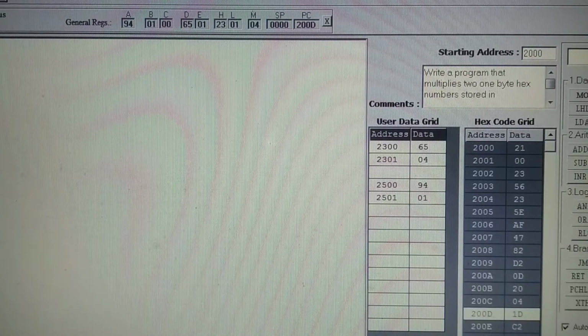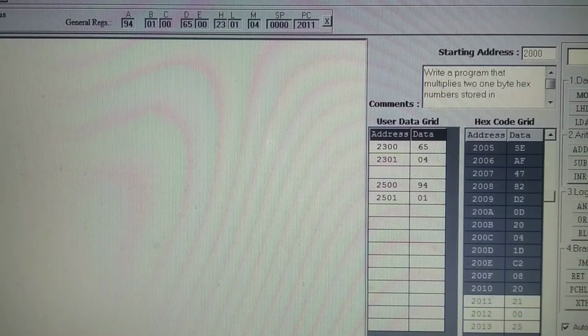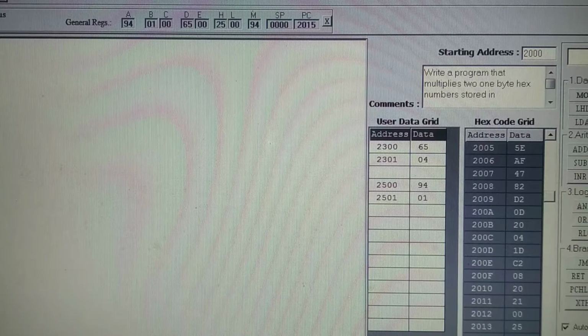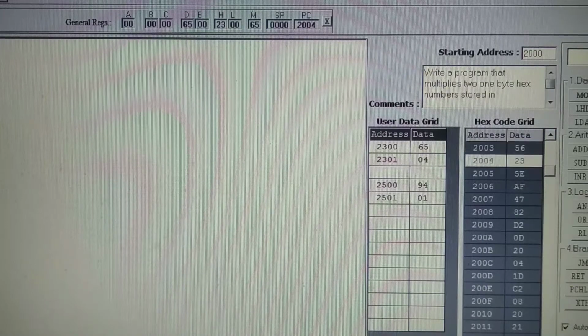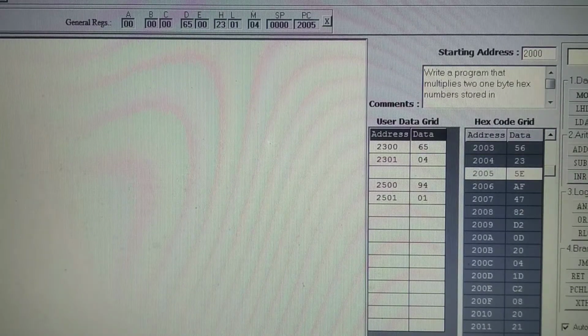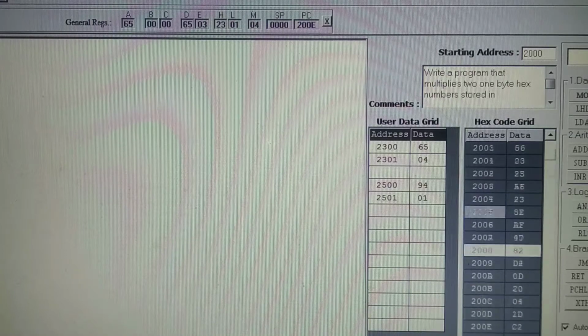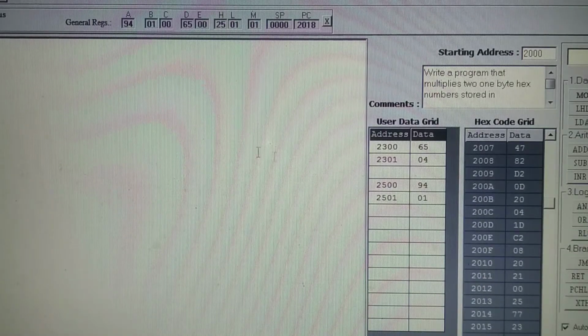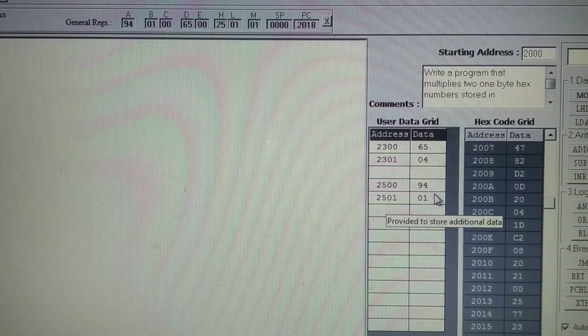Finally, you will get the answer as 10194 in the memory location 2501 and 2500. I will execute the program at once. You will get the answer here.